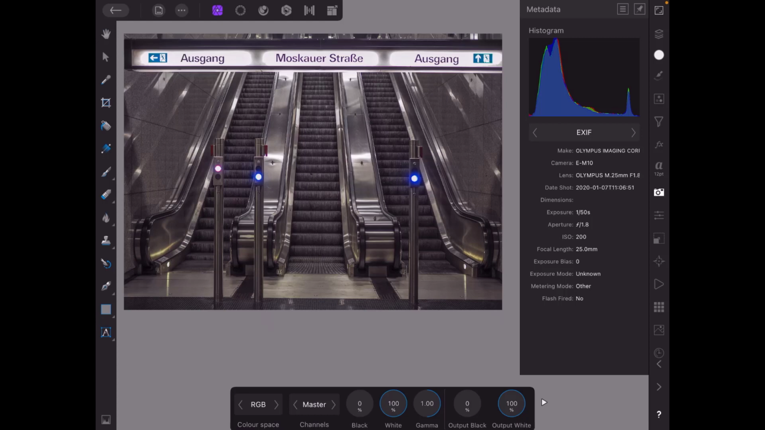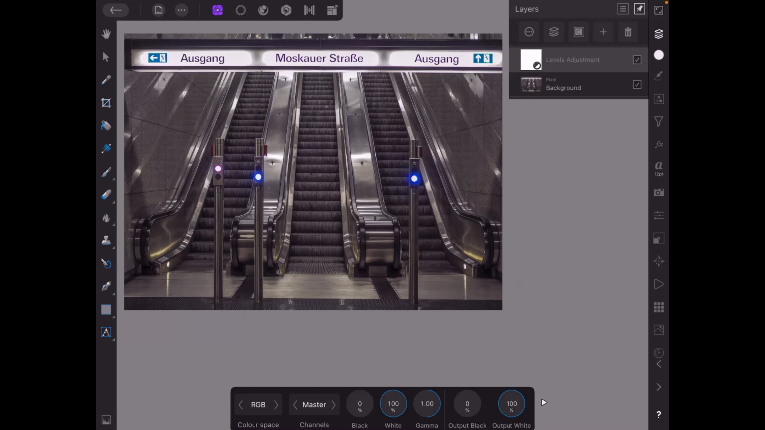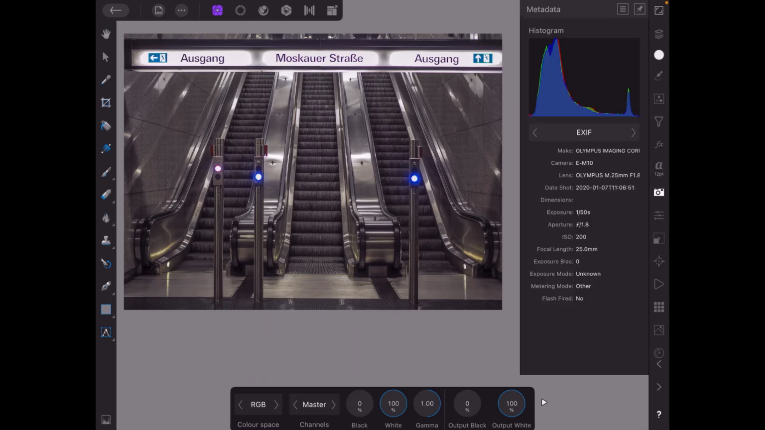So now everything is reset back as it was, and if I come to the levels adjustment, you can see I've still just got that one levels adjustment. Let's bring that back. Now this next one I need to change the blend modes, because I'm going to do